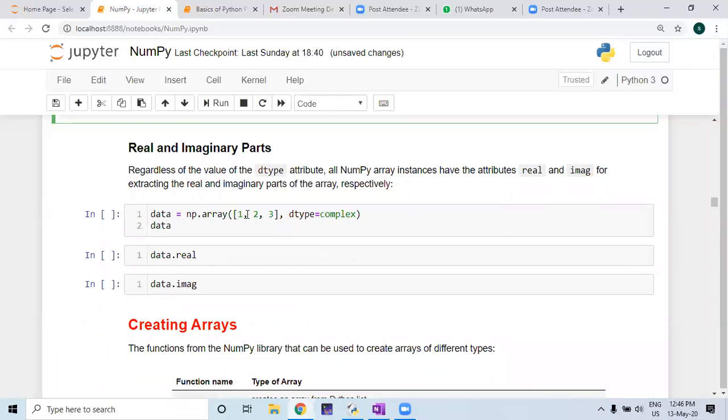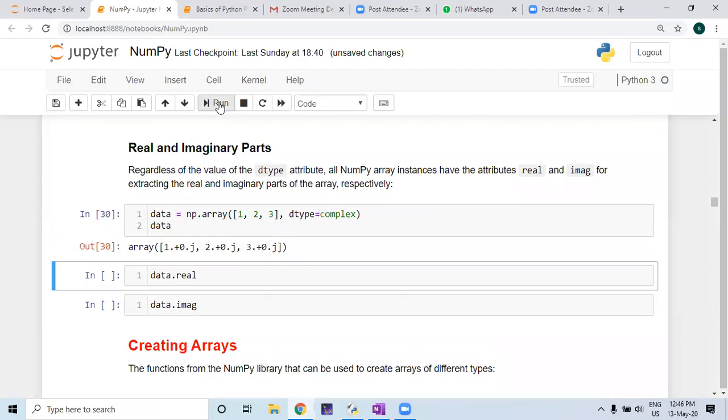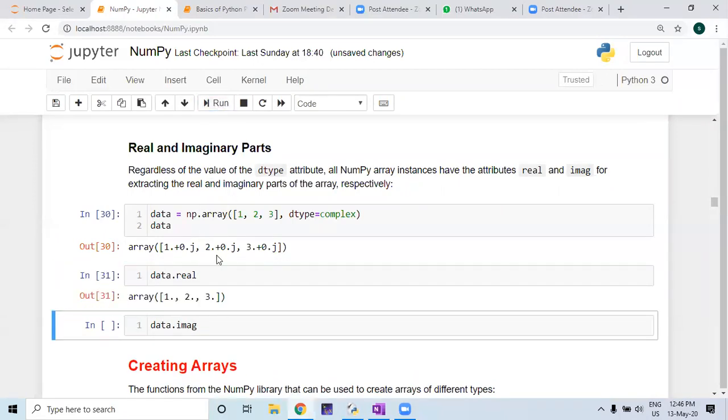Suppose you have an array of 1, 2, 3, with data type complex. So this is your data. Now if you want to extract the real parts of this array, then you write data.real. It will give 1, 2, 3. Yes, it is given. And if you want the imaginary part, it will give all